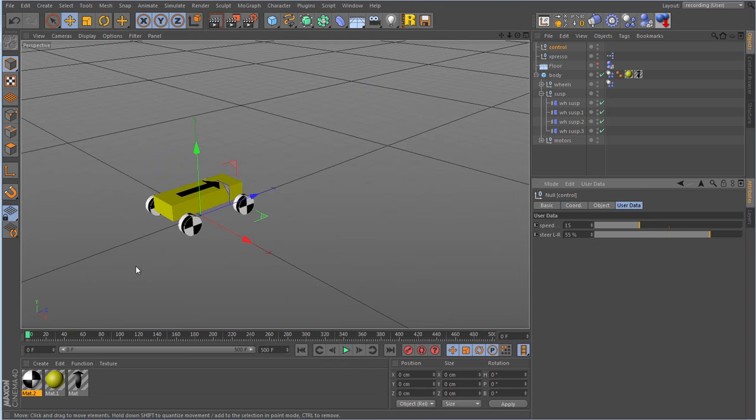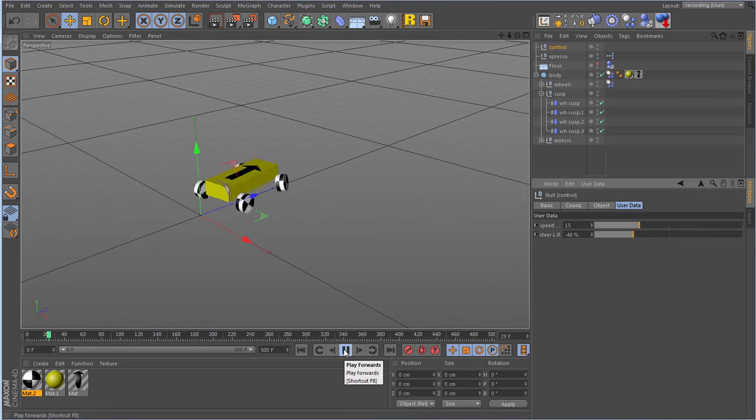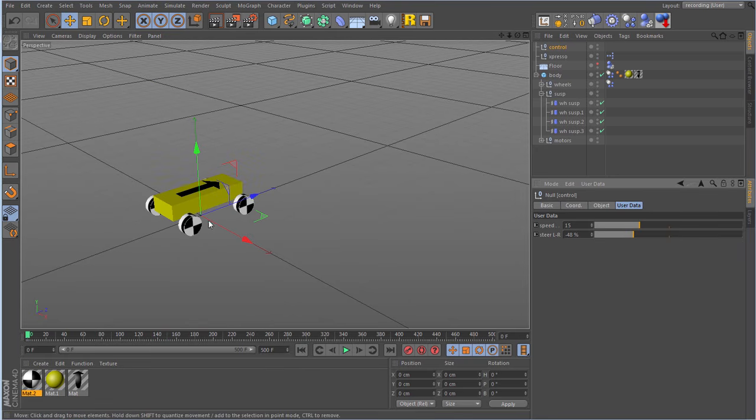But if I start off the animation from frame 0 when the steering is not on straight ahead, just watch what happens. Keep your eye on those front wheels. As you can see, the front wheels go all wibbly wobbly. Now that's not a good look. The thing is, with this dynamic animation, the wheels have got to be on straight ahead at the beginning of the animation. Then you can steer them whichever way you want.